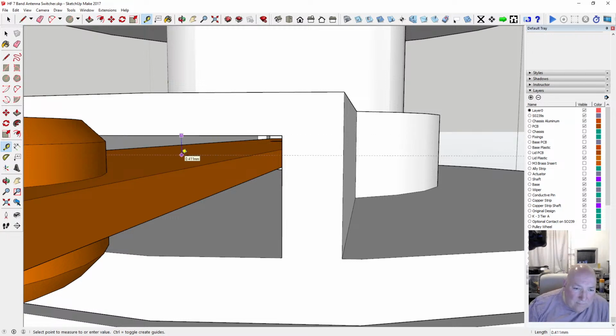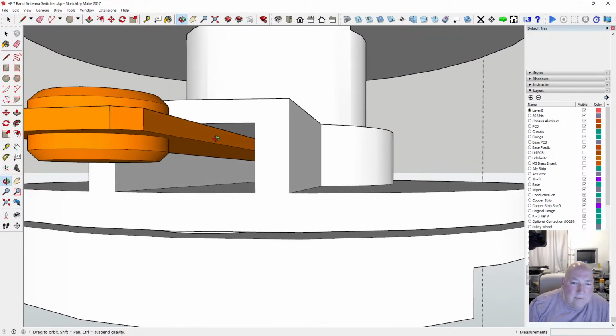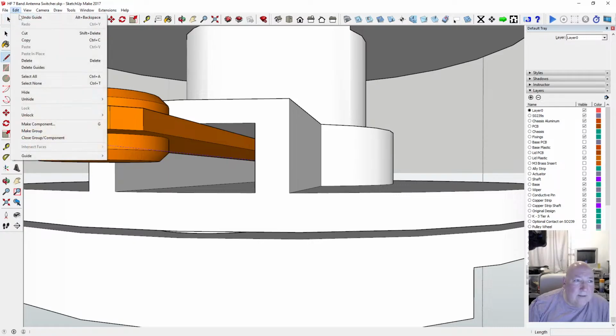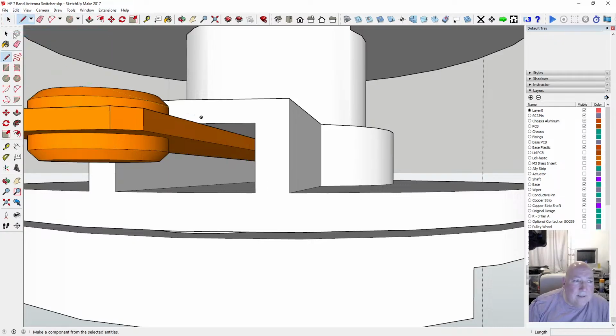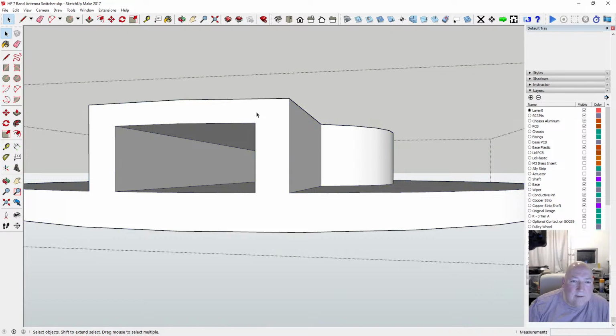So it's 0.411. So then we want an equal distance, probably. Let's go about that. 0.411. Right, so obviously that's in the wrong place now. Cut that out. Go into this. Alright, paste it in place.